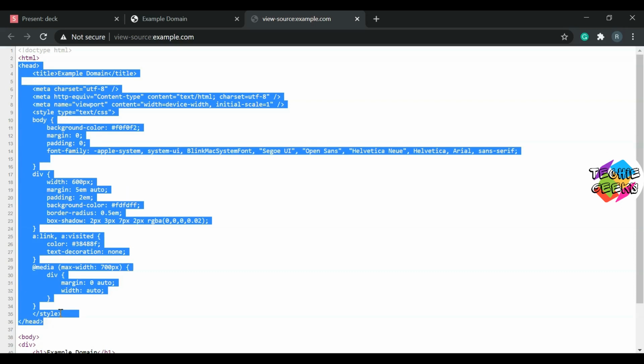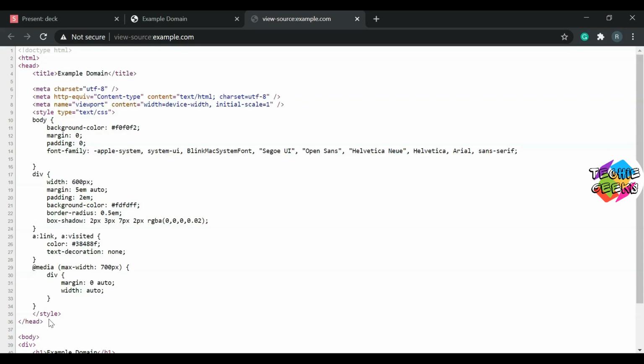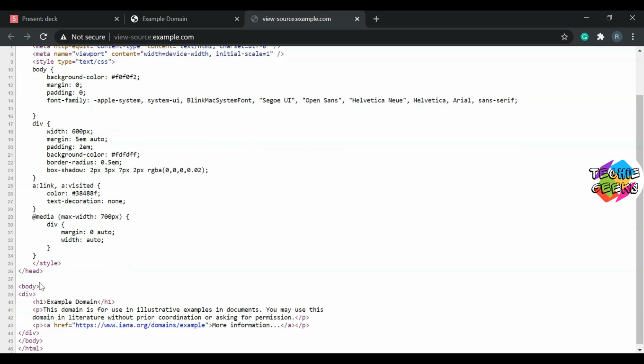We are going to ignore this complete head tag section because it is quite complicated, so we will jump to the body tag. After the head tag comes the body tag, and this is the closing tag for the body tag. Inside the body tag, all the contents of the web page are placed.